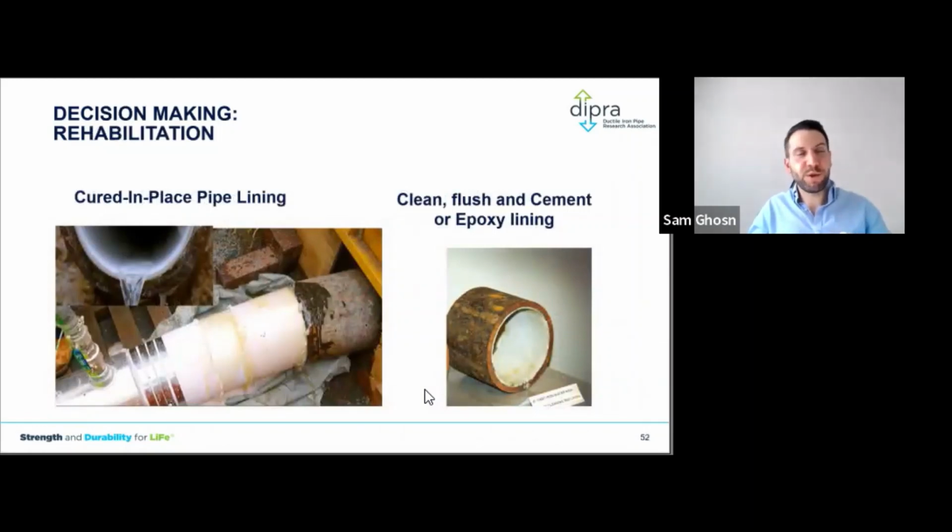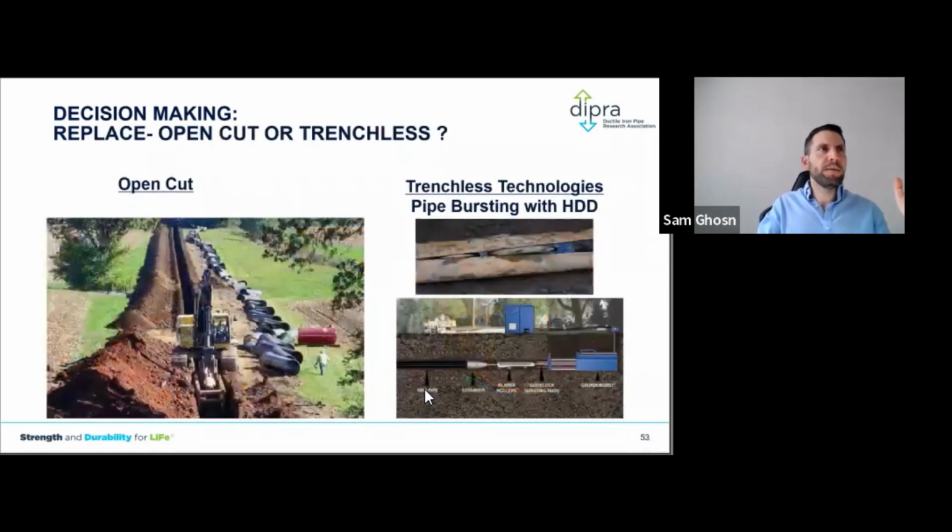I did that for almost 3 years, did a lot of CIPP across Ontario and Quebec and New Brunswick. CIPP is a good tool, a great option with metallic pipes, especially ductile iron and cast iron that were not lined back in the days. If you have tuberculation issues with cast iron pipe, for example, you could easily flush them, clean them, and do spot repairs, or you could do mainline lining, and there are various options in the market today to do so. So you could extend the life of that main over the years for another 30, 40, or 50 years.